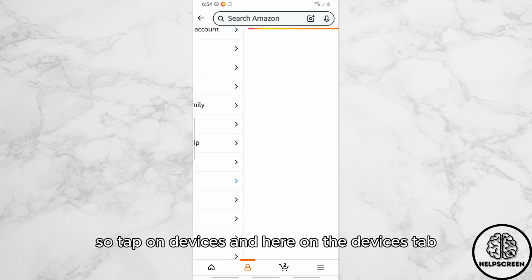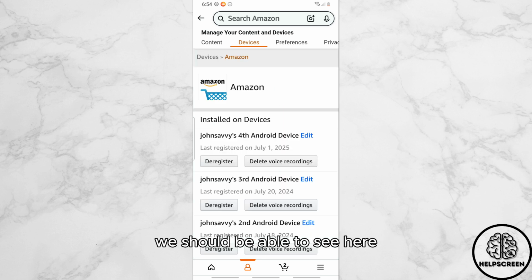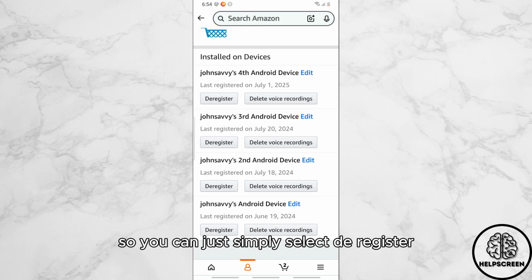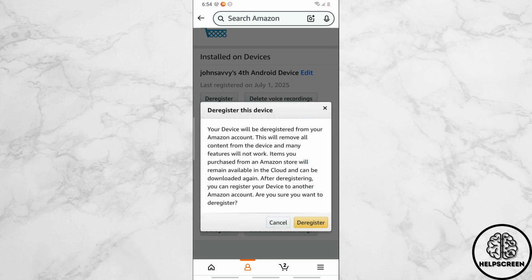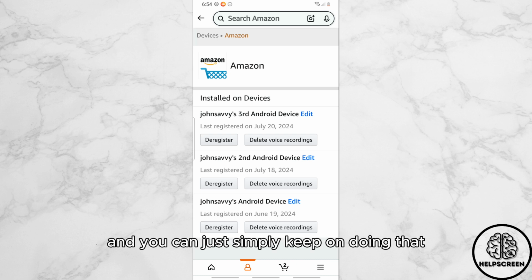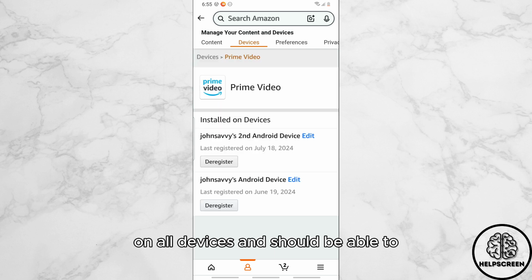So tap on devices. And here on the devices tab, you should be able to see here all of your devices that are connected. And when I tap on it, as you can see, we should be able to see here the list of all devices that we have. So you will just simply select deregister and tap on deregister in order for you to remove your devices. And you can just simply keep on doing that on all devices and should be able to register them and remove them